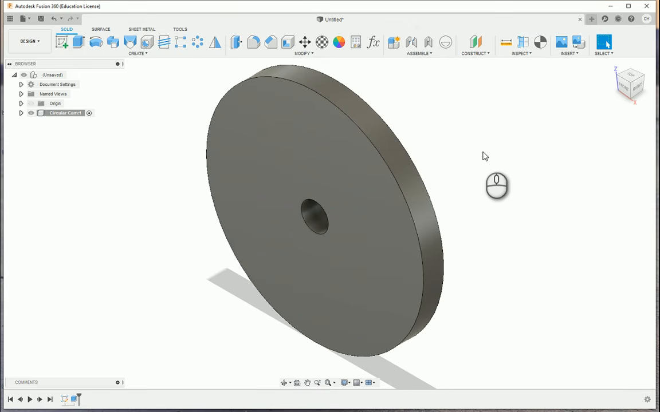So take a look at the next video. We're going to take a look at the eccentric cam, which is essentially another circular cam, but with an offset hole for where the